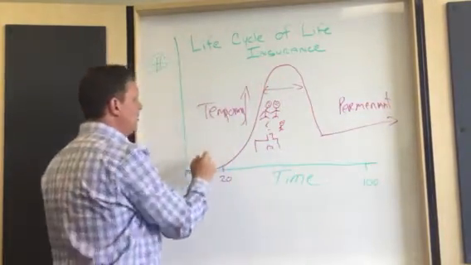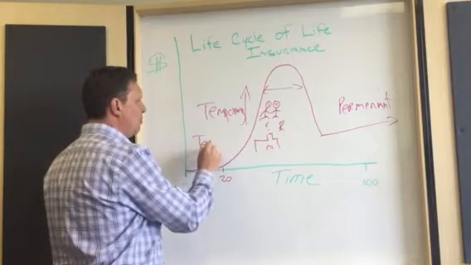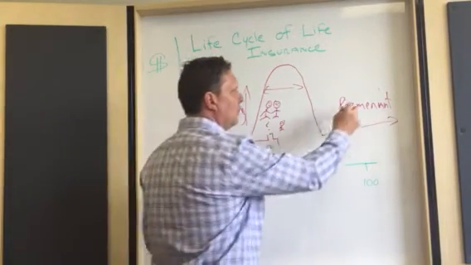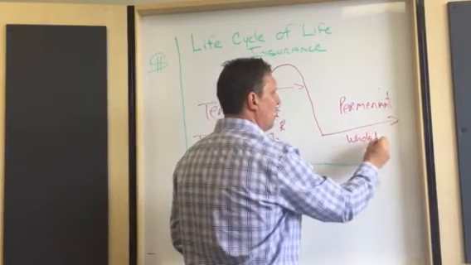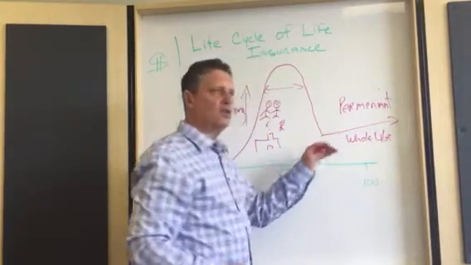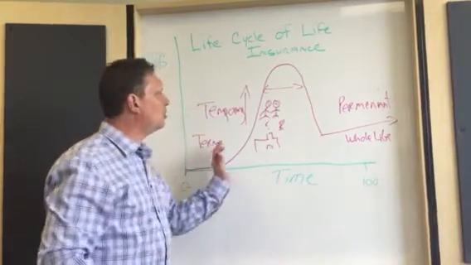So temporary needs can be covered with term insurance, which is the topic of another video. Permanent needs should be covered with some form of permanent plan, meaning whole life insurance or perhaps a term to 100, which again is a topic of another video. So that's the typical life cycle for